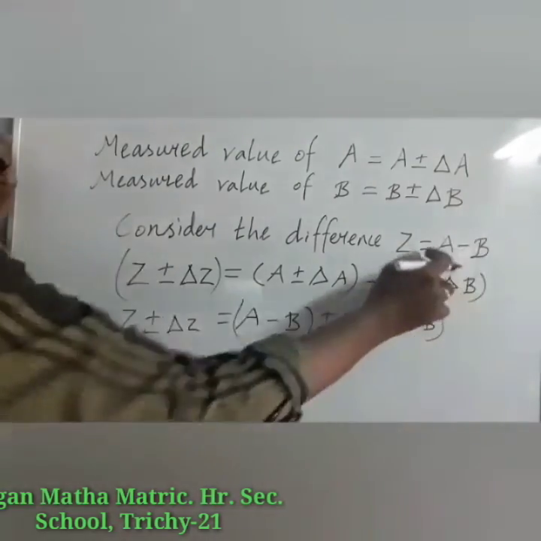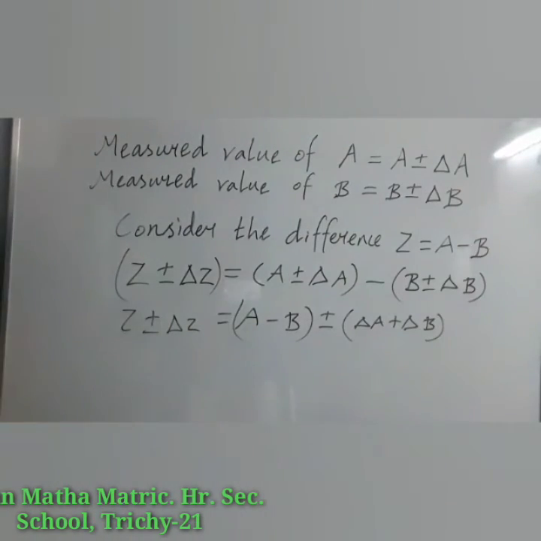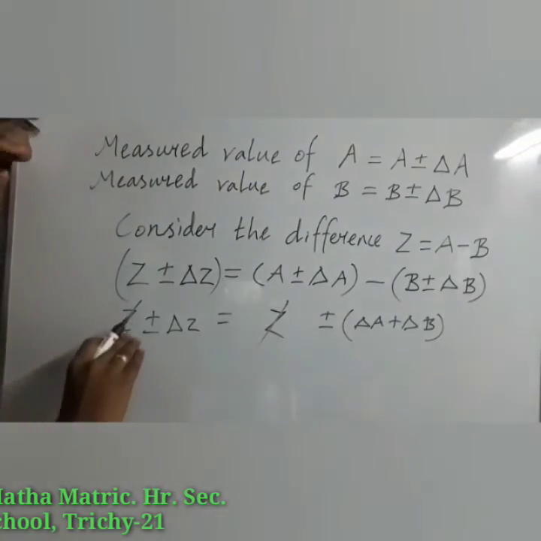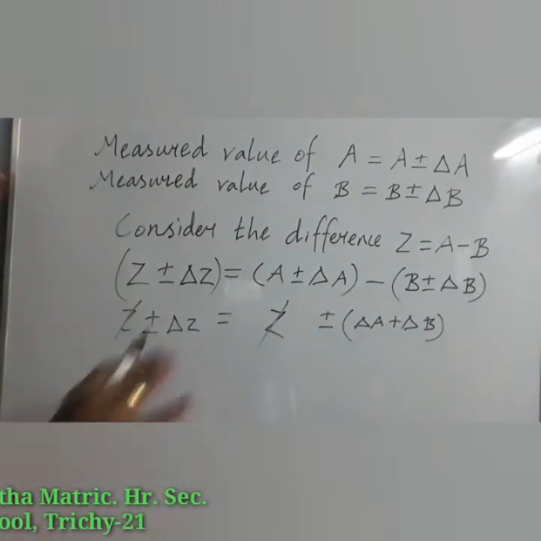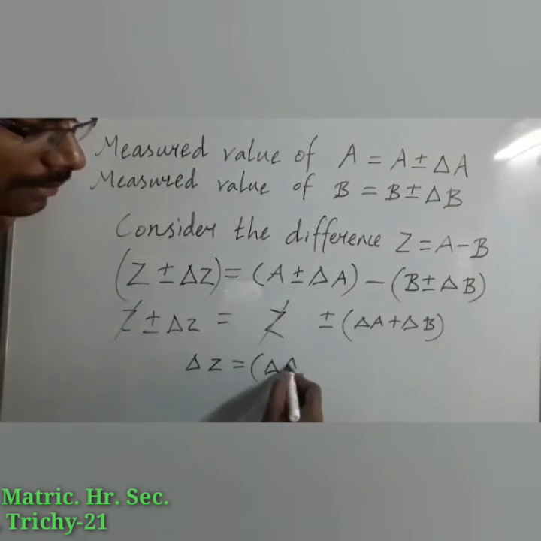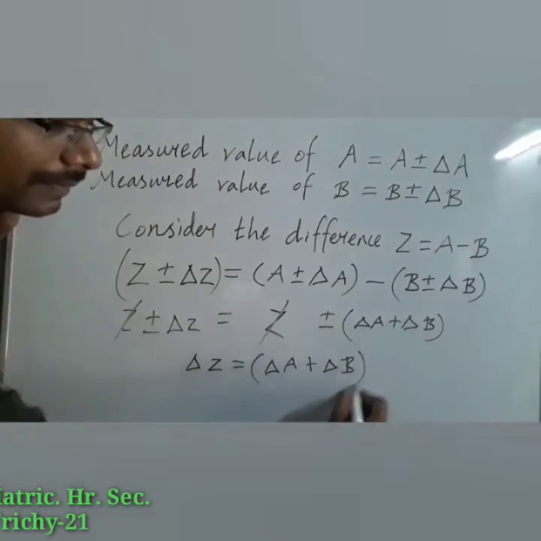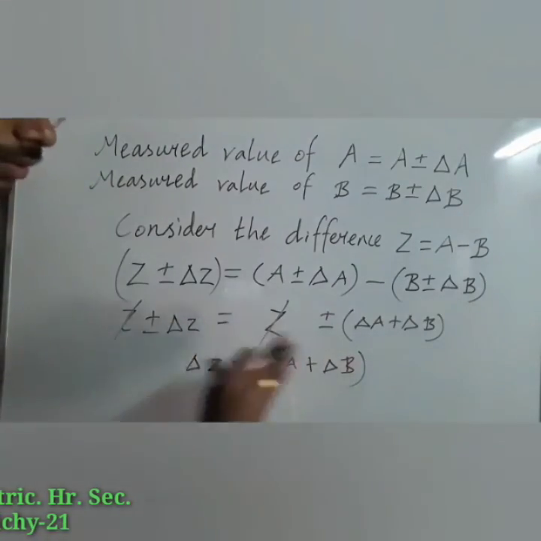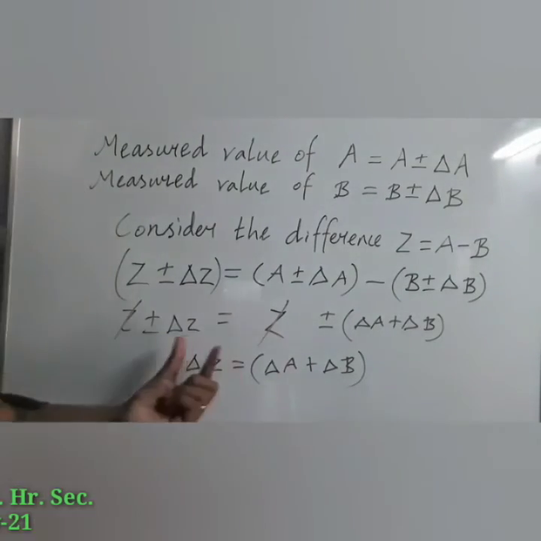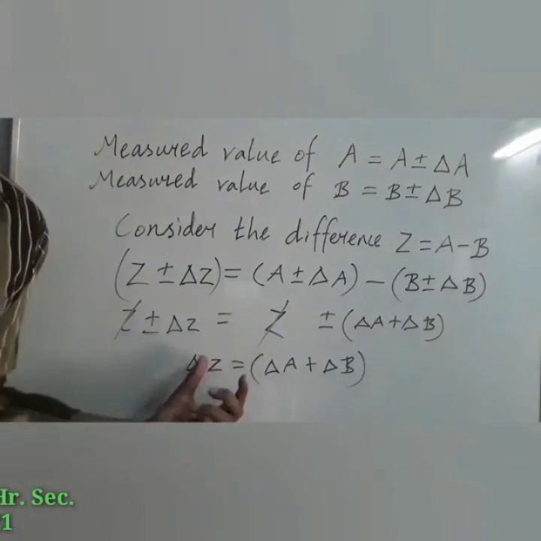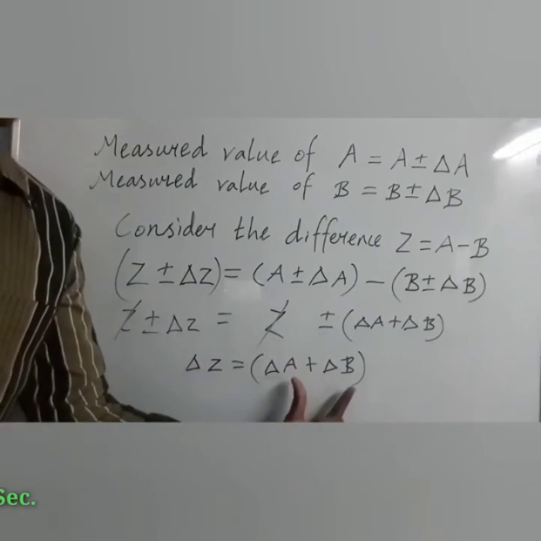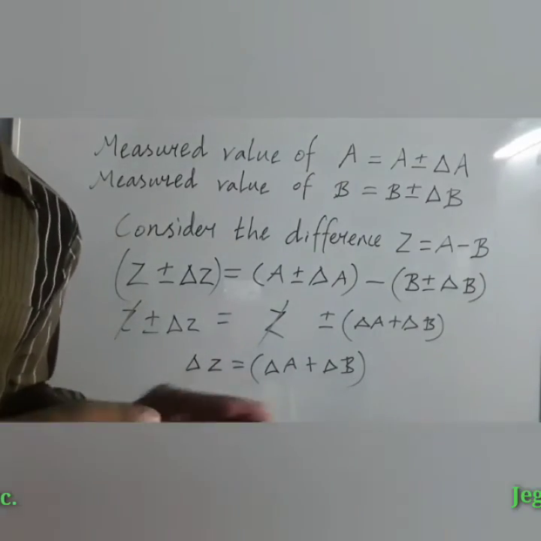A minus B is nothing but Z. So instead of this we can write Z. So Z can be cancelled, or assume this Z is taken to that side, so that has a minus value, both can be cancelled. Del Z is equal to del A plus del B. Plus or minus you can neglect, both sides are equal, so you can only take del Z equal to del A plus del B. Here we can conclude the maximum error in the difference of two quantities is equal to the sum of the absolute errors in the individual quantities. So errors want to be added. In the difference also, the errors want to be added.